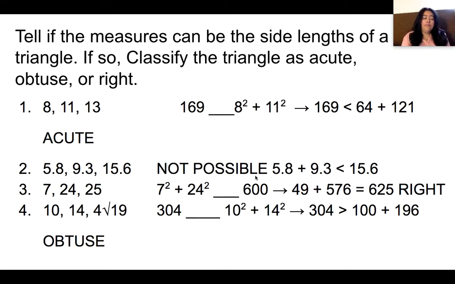So when we look at these measures, this is what you should have gotten. 8, 11, and 13, that one is possible. And if we solve it out, 169 is less than 64 plus 121, so it's an acute triangle. Number 2, given those 3 values, just testing it, it's not even possible to create that type of triangle. Number 3,